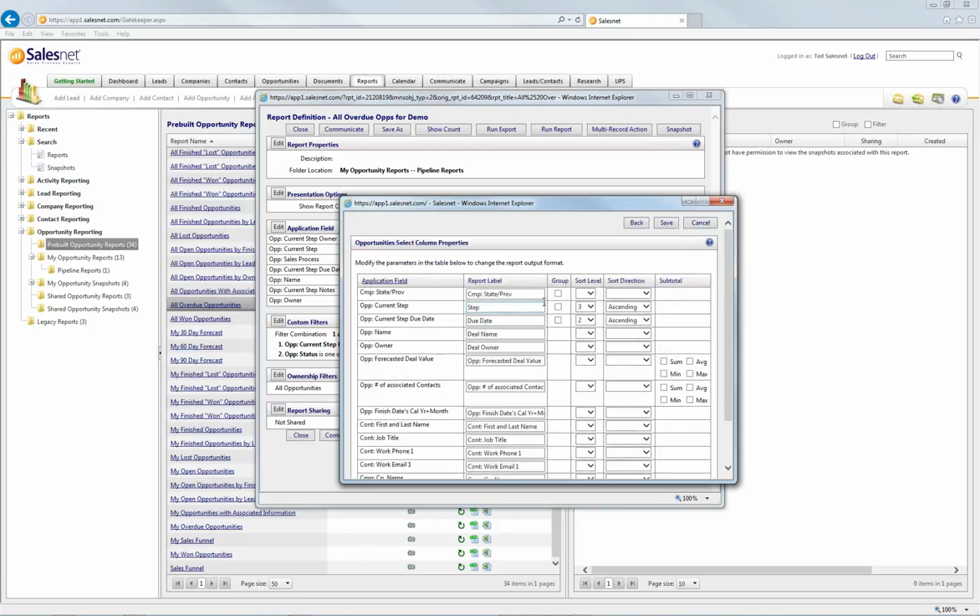Now when I click Next, I can group by state. Okay. Next, we have to deal with sort level, and sort level has to be unique within Salesnet. And I think I just want to sort by date, and I want to sort by date descending. All right, and then I'm just going to sum